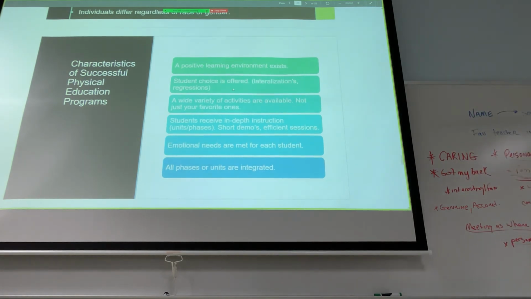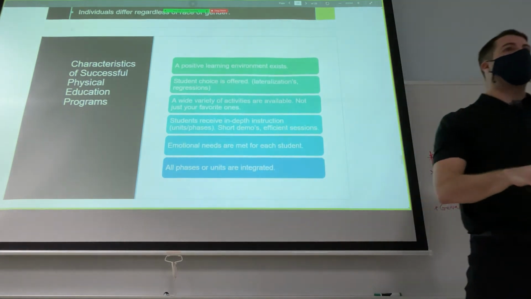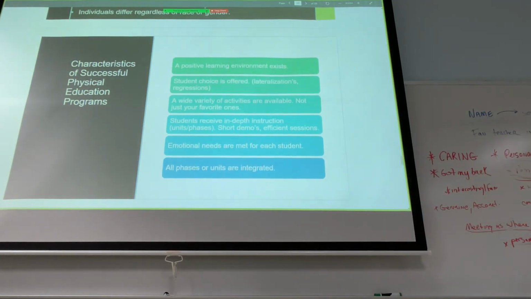If you're a trainer or a strength and conditioning coach, you have phases. Okay, you have phases. Phase 1, 2, 3, 4. How long do I have the client for? I have them for 12 weeks. So I'm going to do 3 4-week phases or 4 3-week phases. Okay, and each phase is going to progress. Okay, and you can have phases in yoga too. You could have power phase 1, power phase 2, power phase 3.